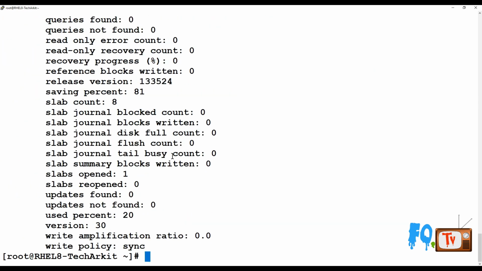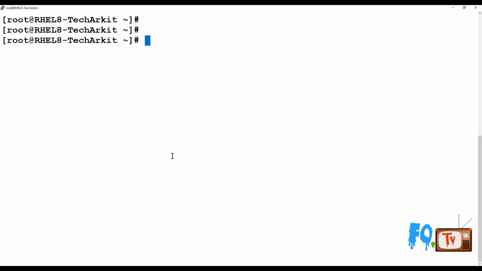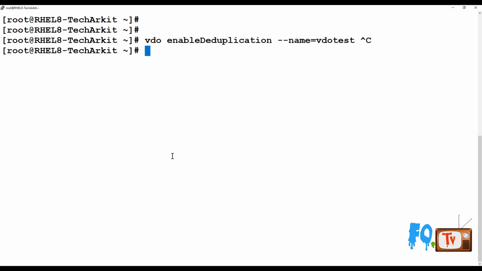All the details will be given over here. Okay, like this. If you want to disable deduplication, or disable or enable compression, you can do this using the VDO command. For example, say enable deduplication, name VDO test. So this is how you can enable the deduplication, or if you want to disable that, you can